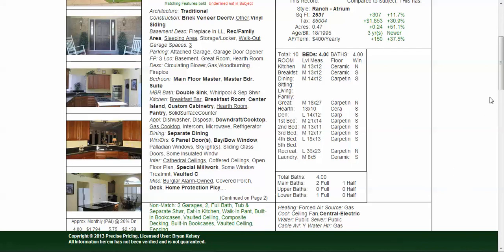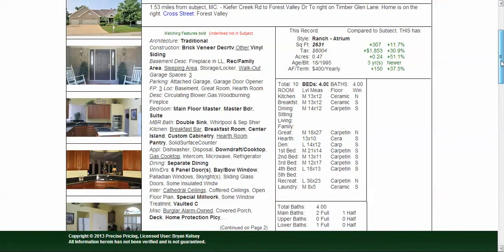We're going to show you a few features of what we call our MLS record, which is a smart report. Part of the smart report, of course, gives you the directions that you'll find in the MLS. We've also calculated the distance. So every time you look at a property that's available that you want to show to a buyer, that's far